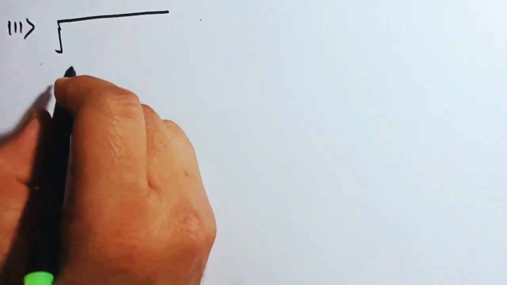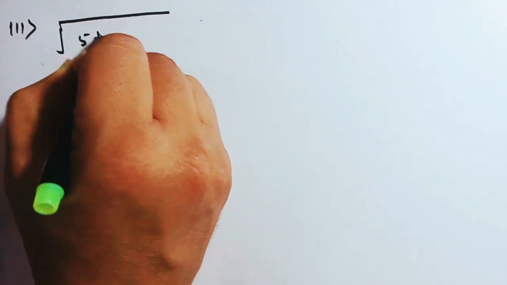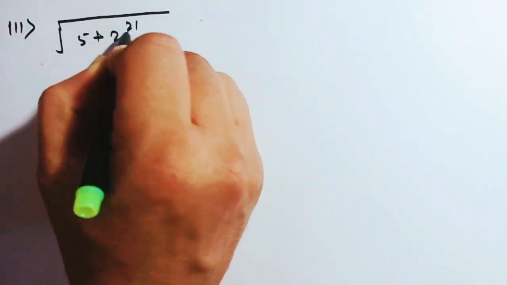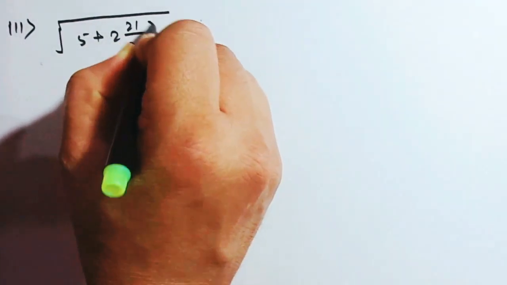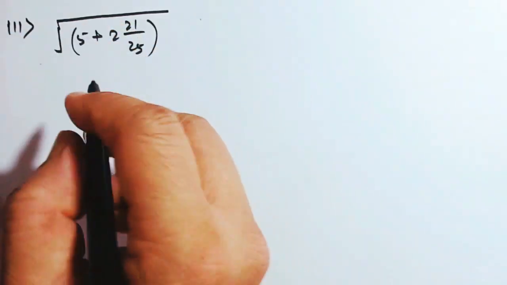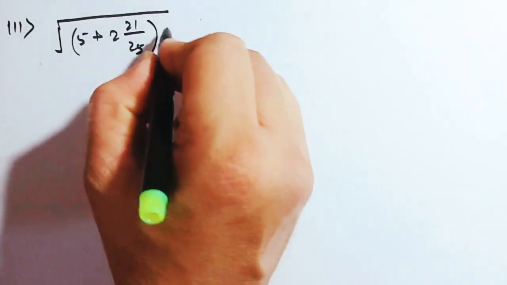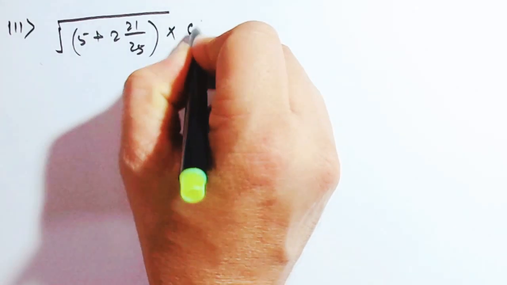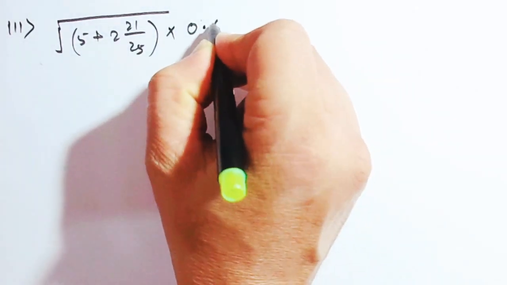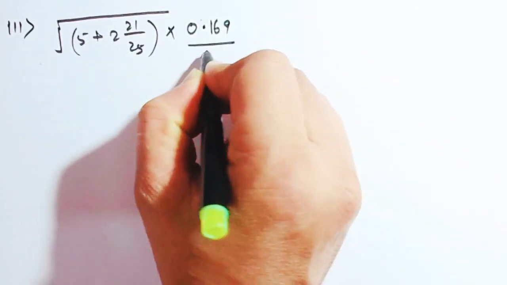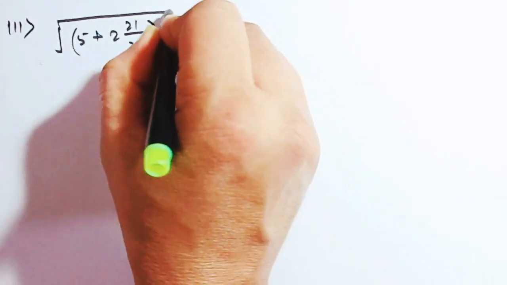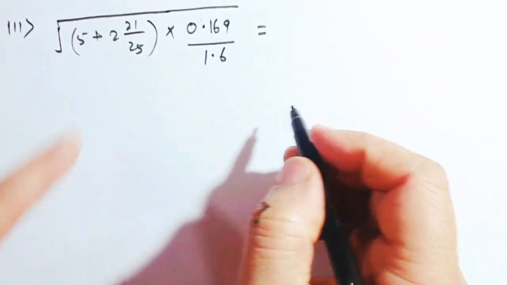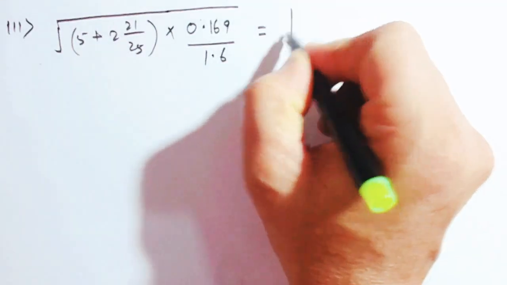Have a look. For example, they are asking us to find the square root of 5 plus 221 by 25. Now what is the use of this? They could have solved this and given it to us, but then again they will say that you people are so clever, I will solve everything for you, and what will you do? Come, now let us solve then. If they will not solve, we are ready to solve.